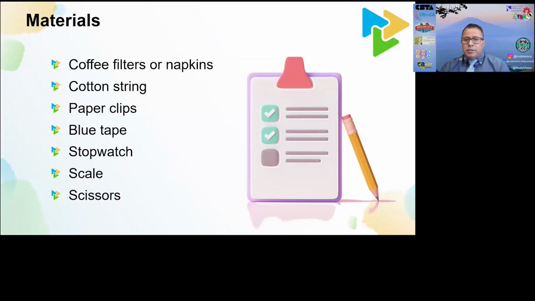During the investigation, students built a parachute system using simple materials such as large coffee filters, or they can use napkins, cotton strings, large paper clips, small paper clips, medium paper clips, measuring tape, stopwatch or a phone, and a pair of scissors. Students test the device making different measurements and then compare results across paperclip sizes to see how mass and forces interact. Teachers are provided with the option to add a scale if they would like to weigh